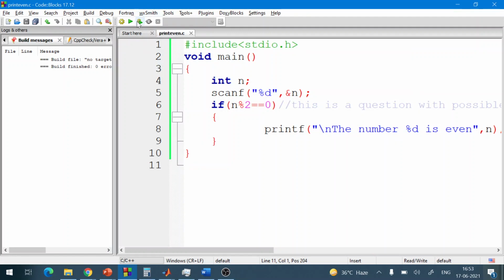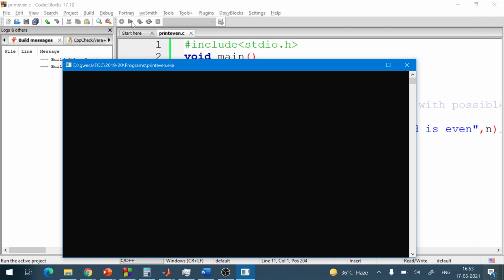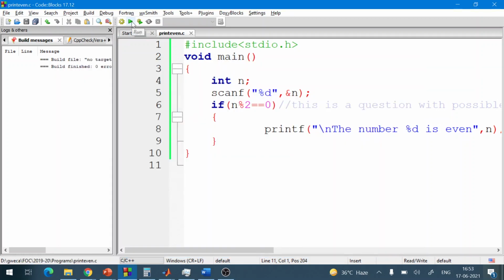I will run it again. If I input 16, it gets printed: the number 16 is even. So in this way we have seen how to print the true part of any if condition.